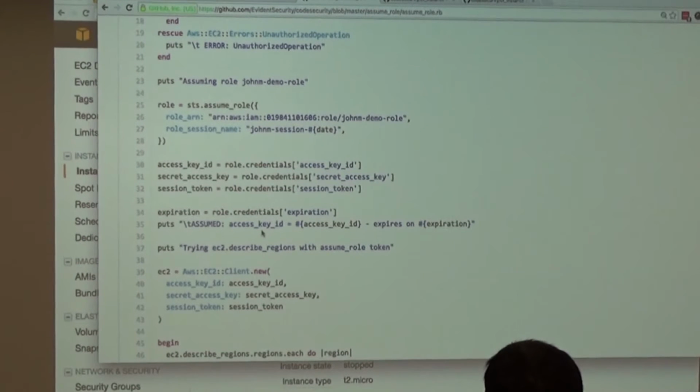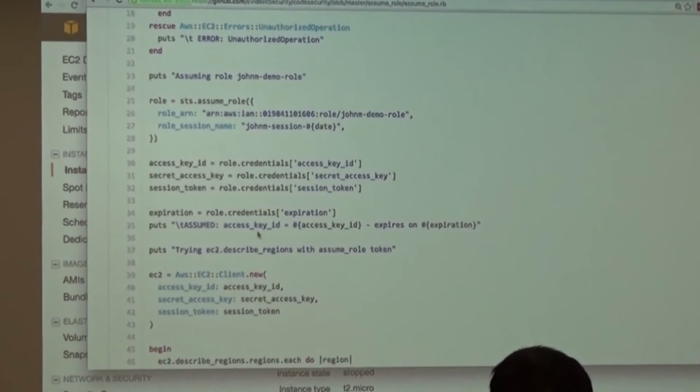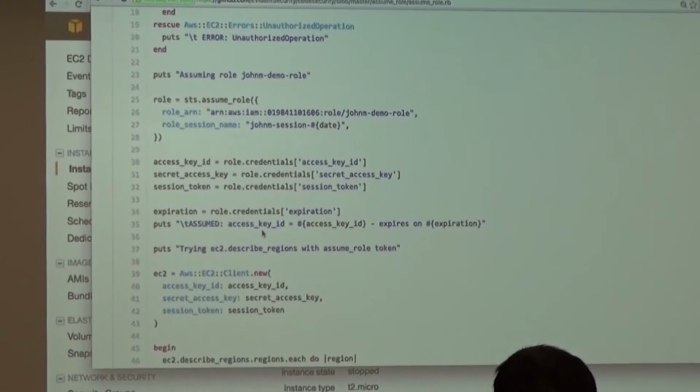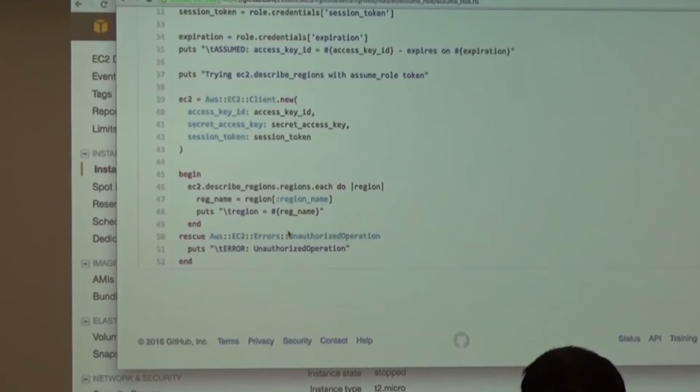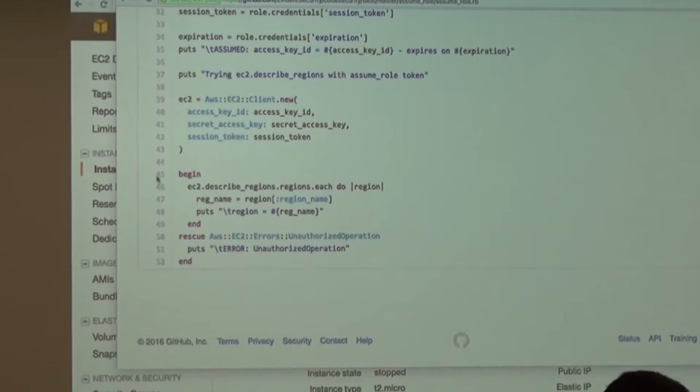But this time, I'm passing along as input parameters to the client the temporary credentials. So then I basically repeat that same rescue block again, that same block of code, where I call describe regions, and you guys saw the output. All right, so that's IAM roles,